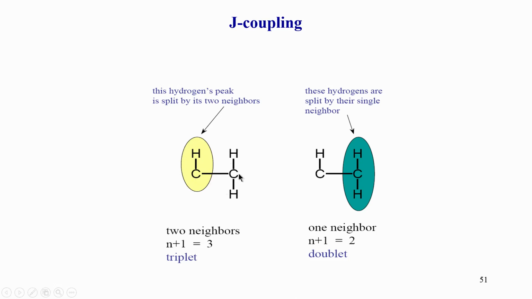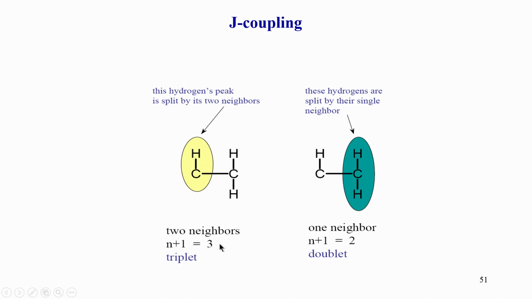So, you have this carbon with two equivalent hydrogens. Let us consider them chemically equivalent, and this is the one hydrogen we are looking at. In the NMR spectrum this hydrogen will be coupled to these two hydrogens, but because they are equivalent, this hydrogen will look at them as two equal hydrogens. So, its number of peaks will follow a rule known as the n+1 rule. Here, n is the number of chemically equivalent hydrogens to which the yellow one is coupled. So, it will now show as a triplet.